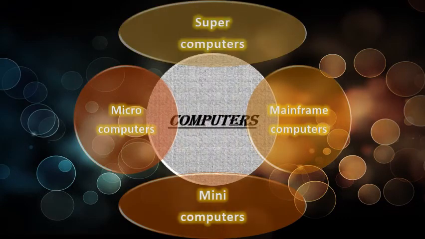And here comes four different types of computers according to their size: microcomputers, mini computers, mainframe computers, and supercomputers. As we go to the next level, the size is gradually increasing. For example, mini computers are bigger than microcomputers, mainframe computers are bigger than mini computers, and supercomputers are bigger than mainframe computers. So as we go to the next type, the size would gradually increase and their processing speed and memory would also be greater and greater type by type.